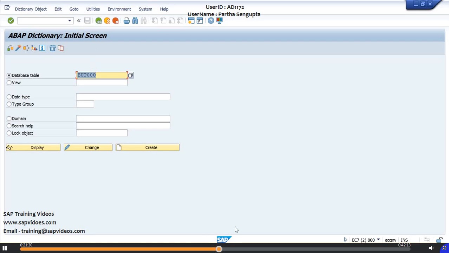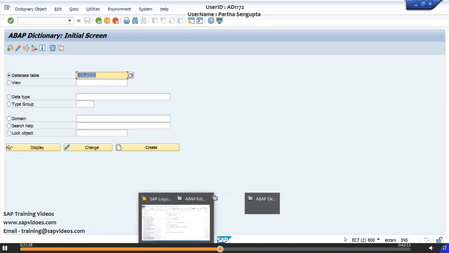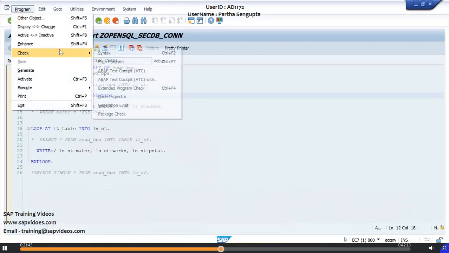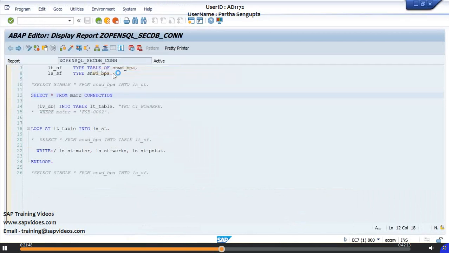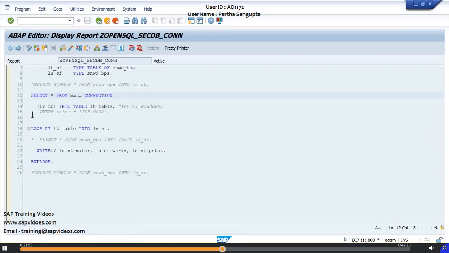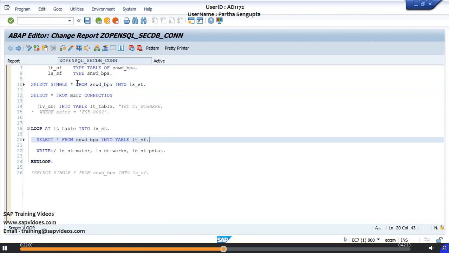So there is one more tool called ABAP Test Cockpit, ATC. If I open any report, suppose I'm opening the same report again, you can have a program and check ATC as well. When I click ABAP Test Cockpit, it says object passed without any findings, that means there are no findings. So ABAP Test Cockpit returns the same results. This is another tool which you can use for